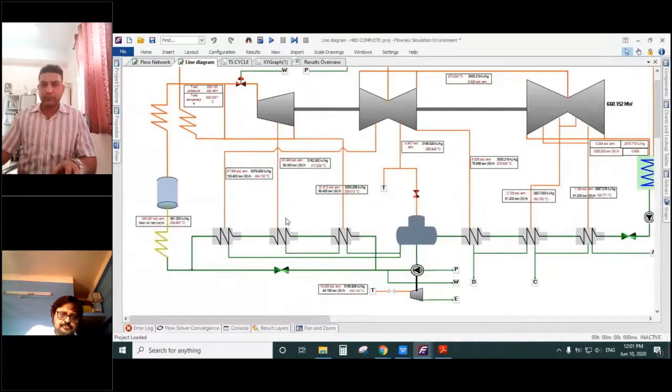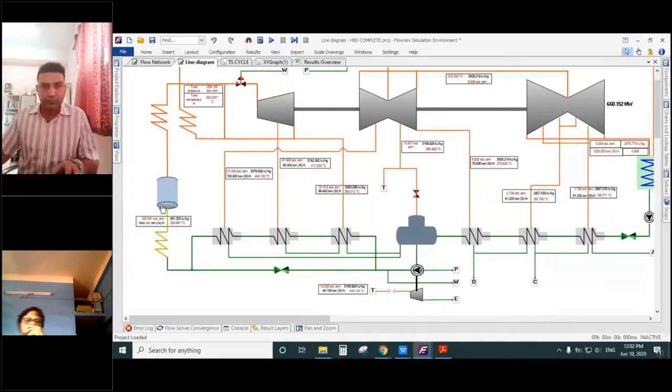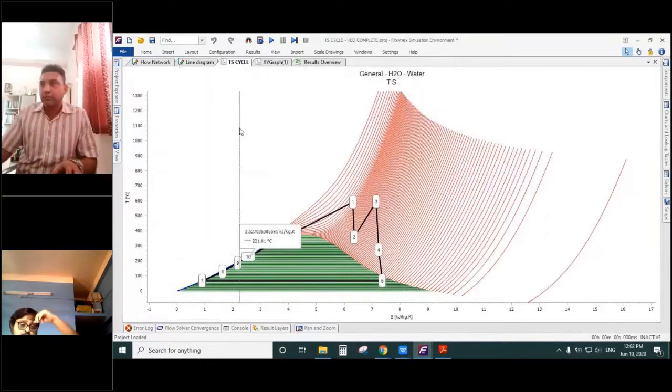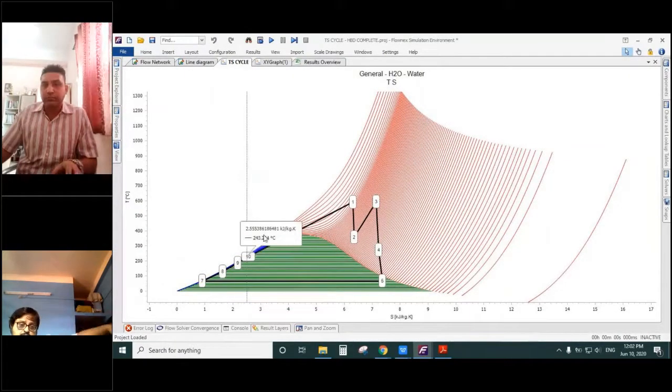In the HP heaters, again the high temperature bleeds which are coming from the IP or intermediate pressure turbine stages. So whatever bleed is coming goes to your heaters, and after that the water is again heated up, and then it goes to your boiler. So this is the way we are creating a complete cycle. Now you can see the TS diagram also for this cycle. So you can see this is a TS diagram,